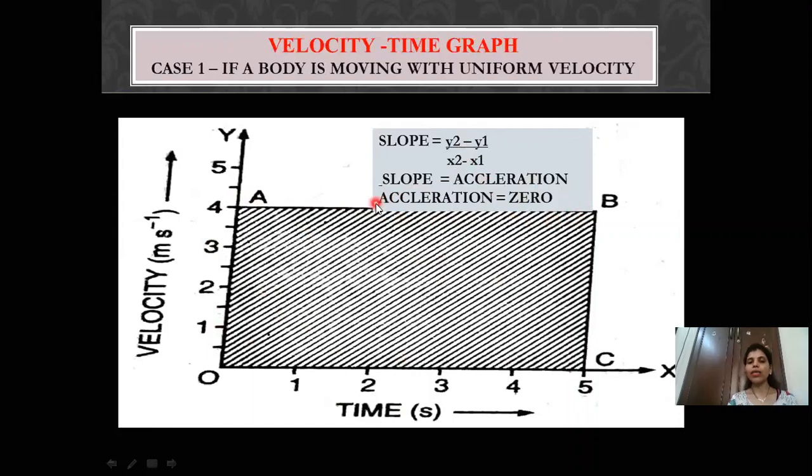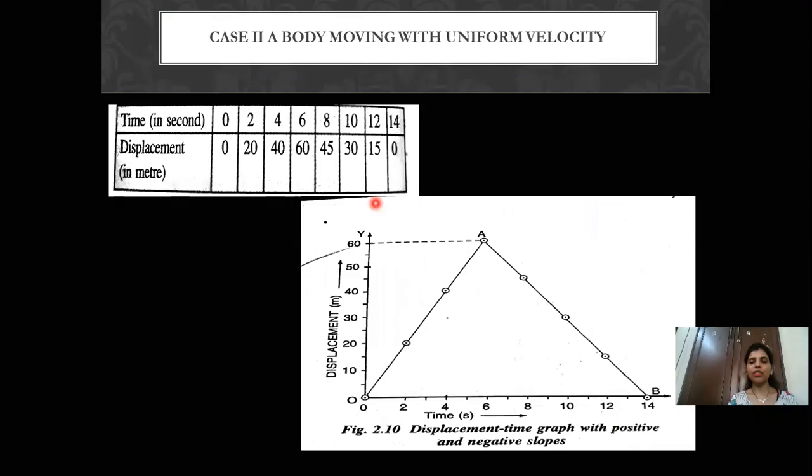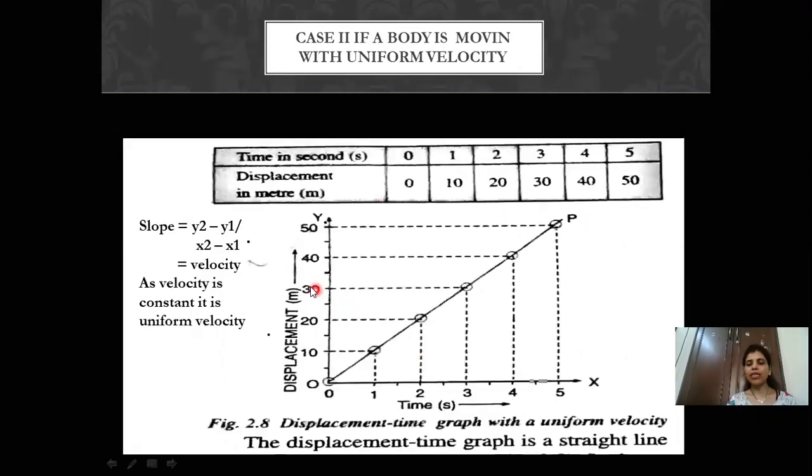Now I want to show you one graph over here. So the previous graph what we have done. In this case, you can see that in the graphical representation, we have shown displacement on the y-axis and time on the x-axis, and we have shown that it is a straight line. But if we are finding the slope, taking two points into consideration, you will see that from any point you consider, y2 minus y1 upon x2 minus x1 is going to give us the constant value for velocity.